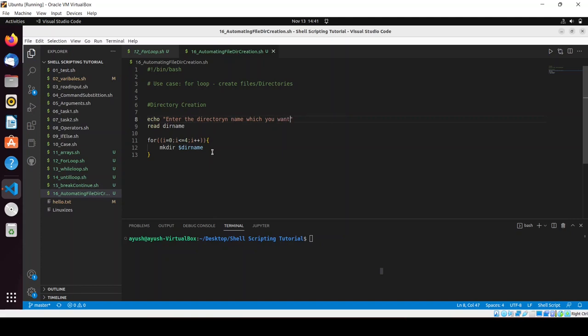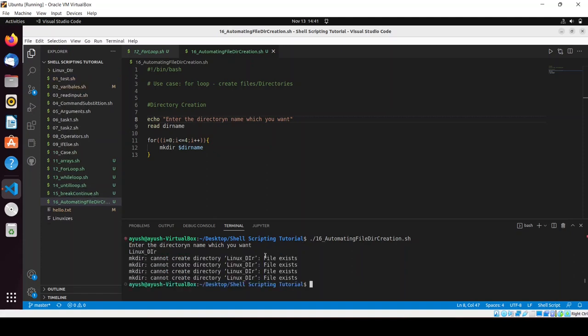Control S to save. Again we will need to give the particular permission to this file, that is 16, sorry, not 116. Clear the screen, dot slash 16. Enter the directory name. Let's write linux underscore dir, and here you can see file exist. Why is it showing like this? File exist. Okay, linux dir. Yeah, it already exists, so we will need to add this one,